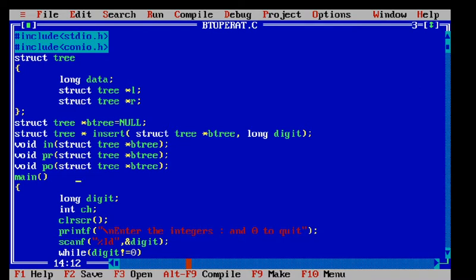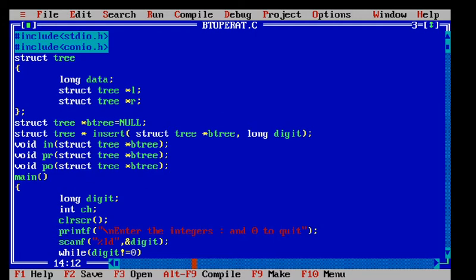A binary tree is a finite set of data elements. A tree is binary if each node of it has a maximum of two branches or two subnodes. The data element is either empty or holds a single element called the root node, and it has two disjoint trees called the left subtree and the right subtree. So that is the binary tree that we had seen in the previous lecture.